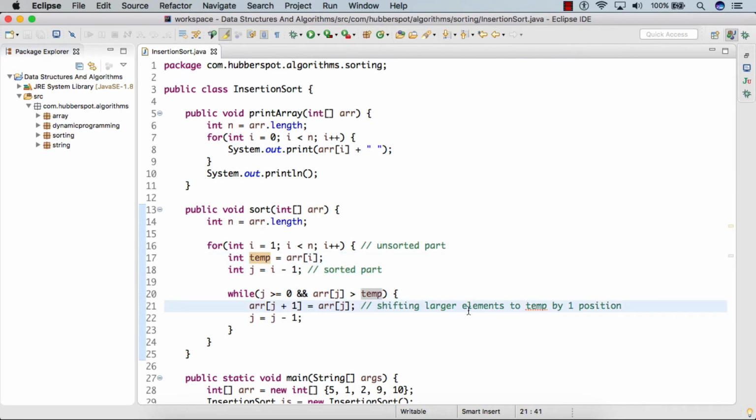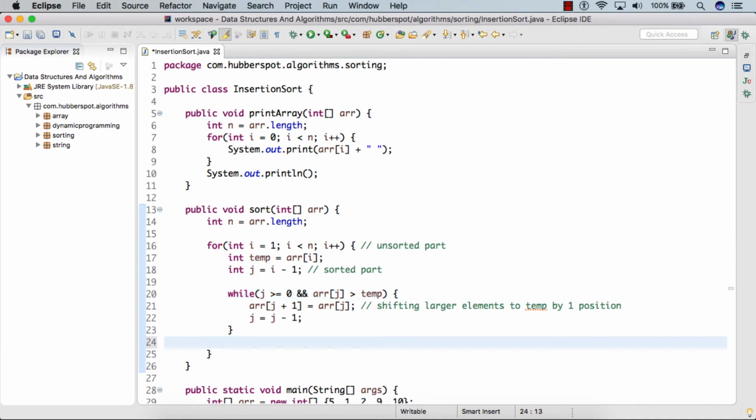So friend, why we are shifting all the larger elements by one position, which are actually larger than the value stored into this temporary variable, is because we need to find the correct position of the value stored into this temporary variable. So after we perform the shift by one position, we decrement the value of j by 1, and then we again compare it with the value stored into the temporary variable, and this loop goes on till j is greater than or equal to 0. So this is basically a boundary check that we don't go out of the boundaries of the array.